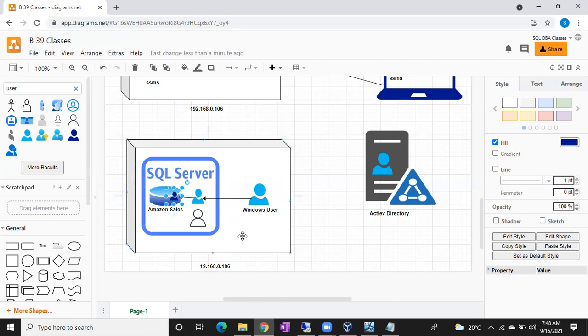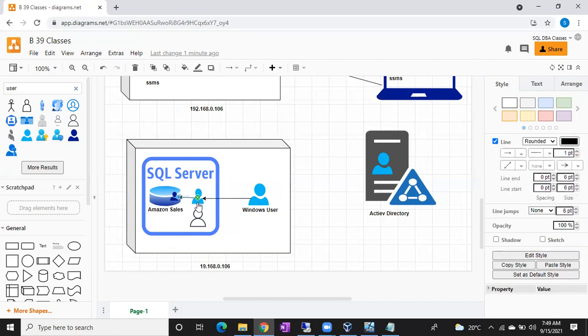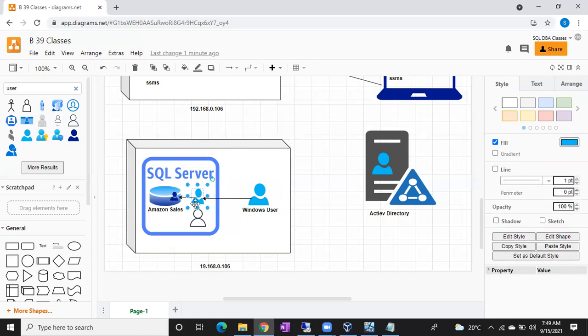If this Srinath login wants to read data from this database, or write data to this database, then on behalf of this Windows login, once you give access to the Srinath login on the database, a Srinath user will be created in the database.